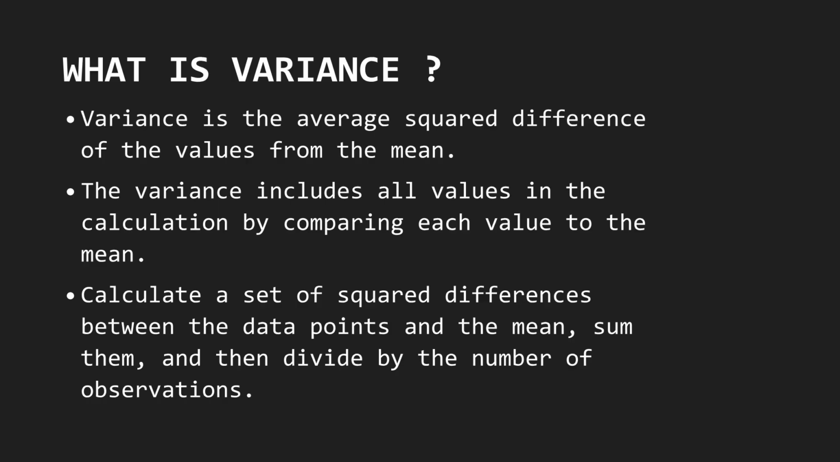Variance is the average squared difference of values from the mean. It includes all values by comparing each to the mean. You calculate it by summing the squared differences between data points and the mean, then dividing by the number of